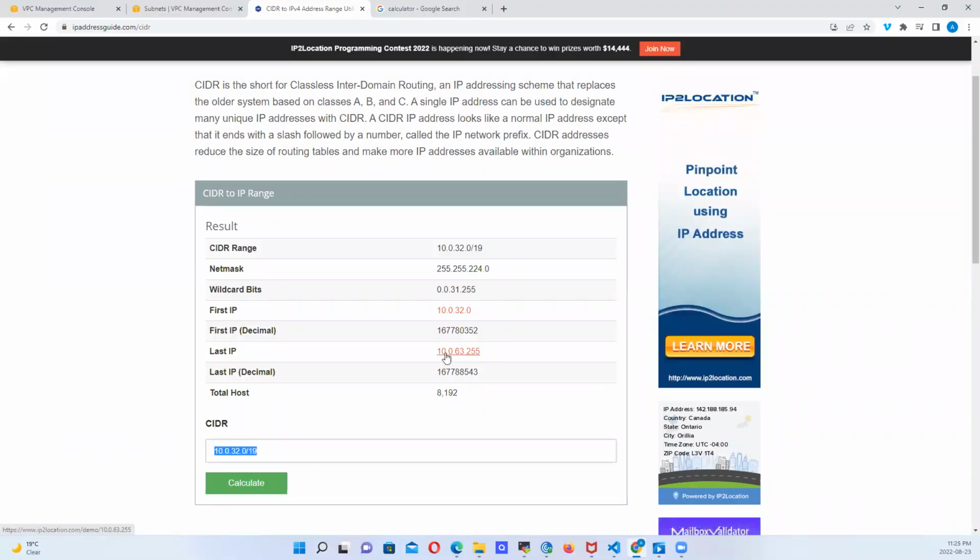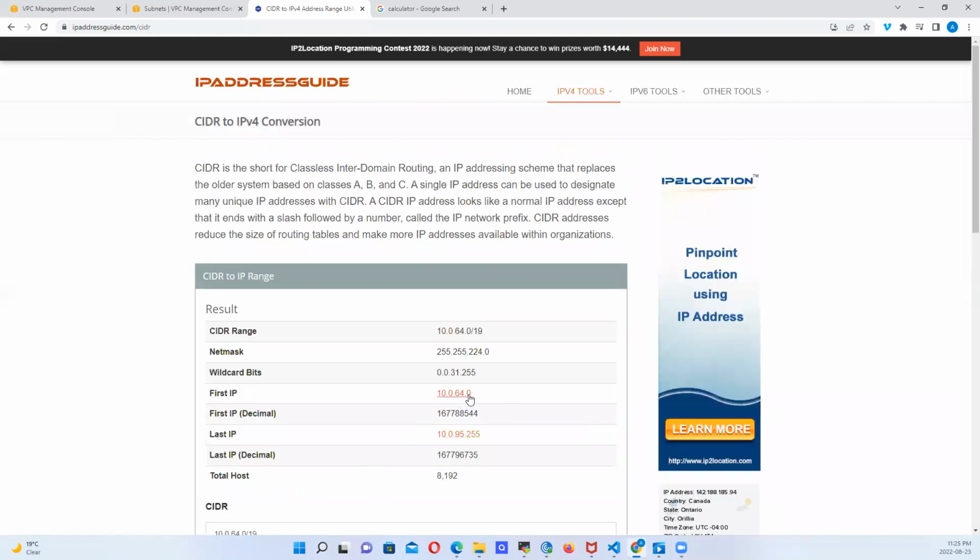You can see this last one is 10.0.63.255. So after this, it's going to be 10.0.64.0. So we just change this to 64, right? Because we want the same 8,192 to be created, we use 19 still. Once we click on this, you see the first IP will be this, then the last will be this. So to get what the next CIDR block is going to be,